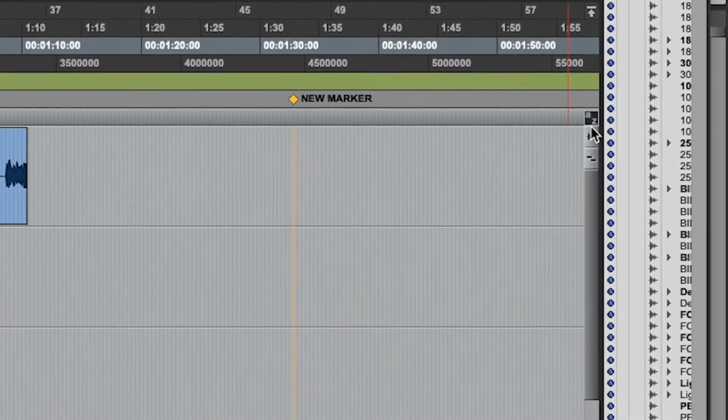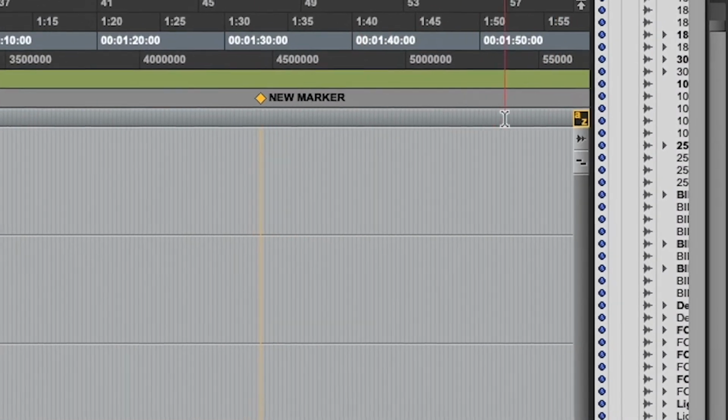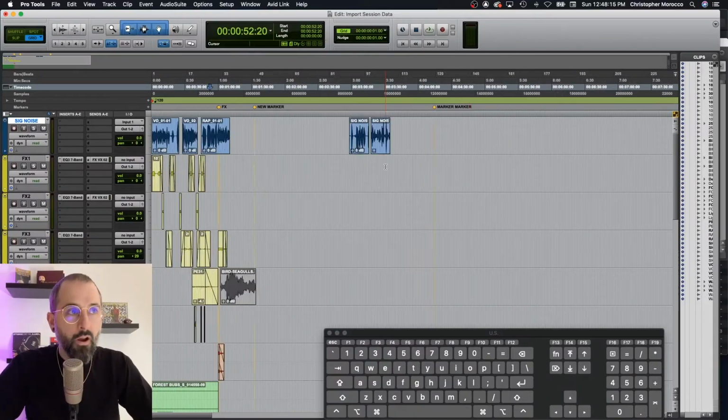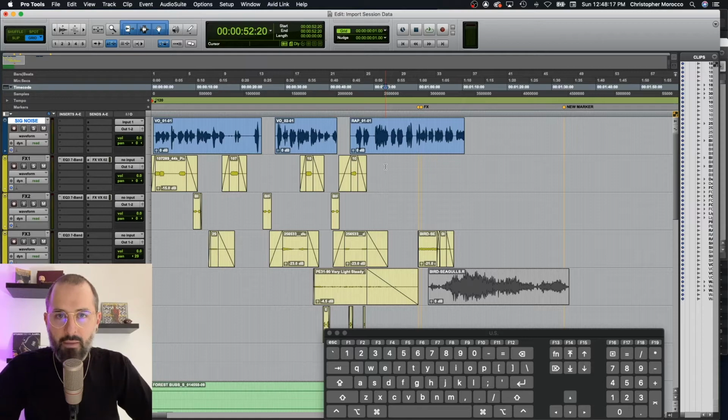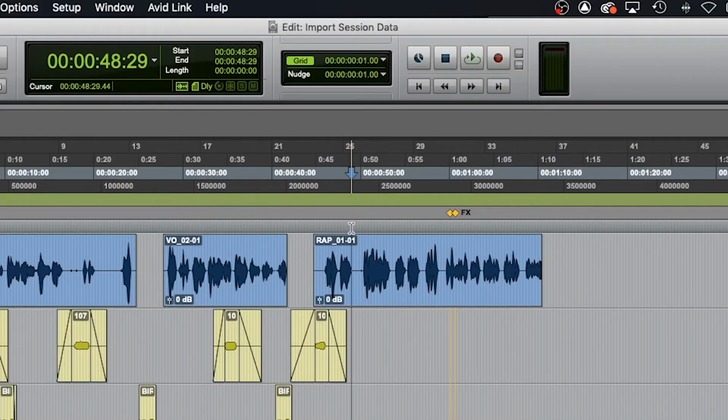All you need to do is make sure that the AZ is associated with the edit window by clicking this AZ, hitting your R's, hitting your T's, we're back in business. Everything's good. The next, and this might be the most common thing that I see a lot of people